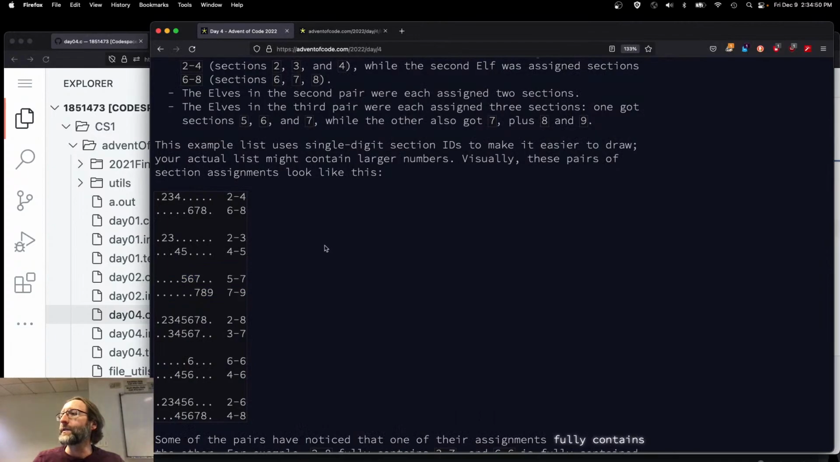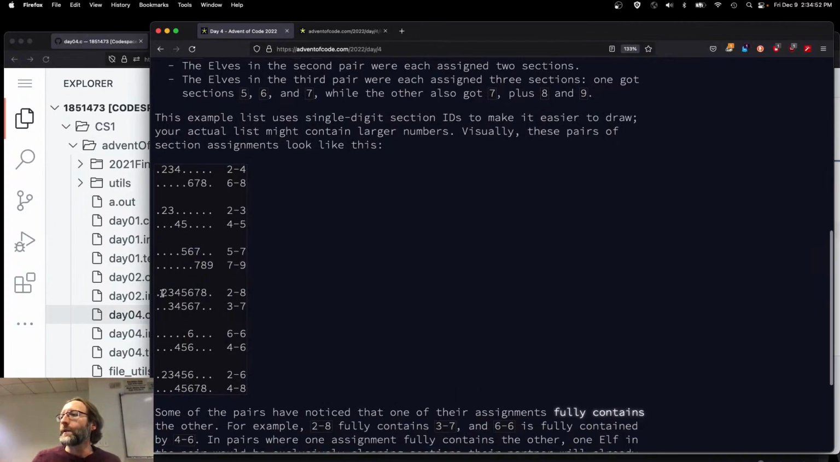Let's look at the visualization here. On the left interval, one of them will be greater than or equal to the other one. On the right interval, one of them will be less than or equal to the other one. Only if both of those conditions are true is it completely contained by the other one. In other words,